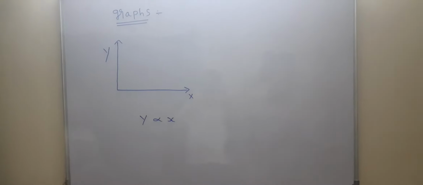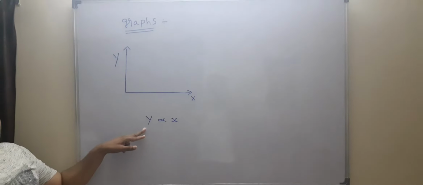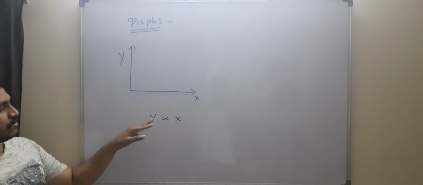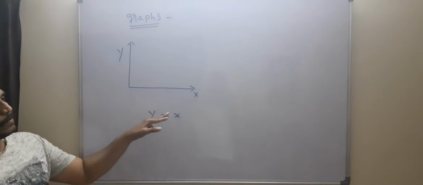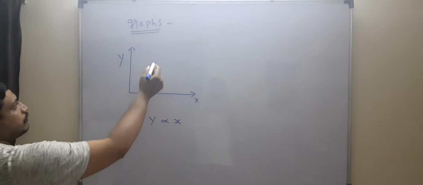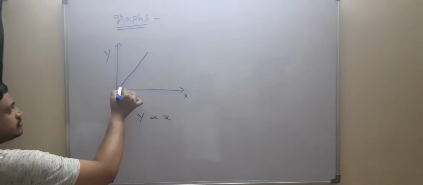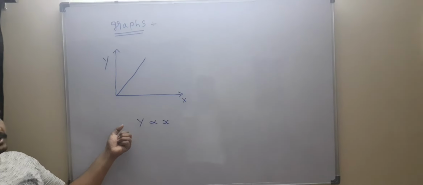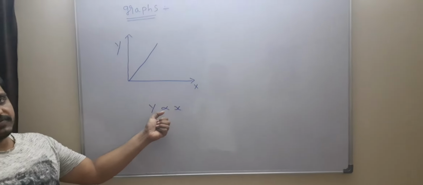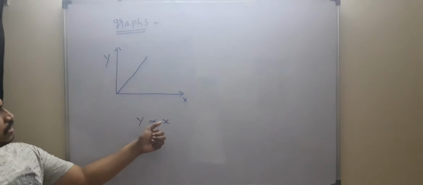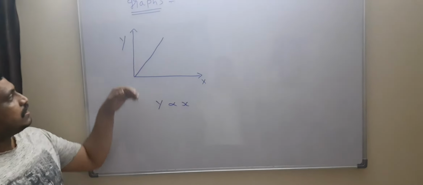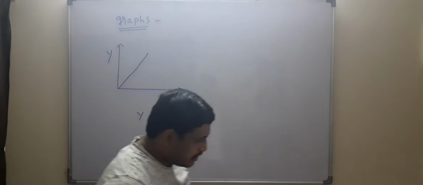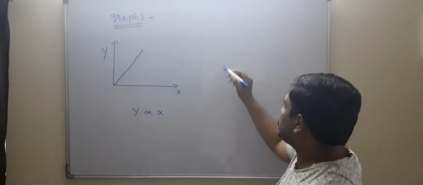Okay? Once again I repeat, y-axis physical quantity, x-axis physical quantity, both are directly proportional. According to mathematics, the graph is a straight line. What is the condition? Y-axis physical quantity, x-axis physical quantity, both are directly proportional. The graph is a straight line. Okay? Next, Nana, we discuss another model graph.